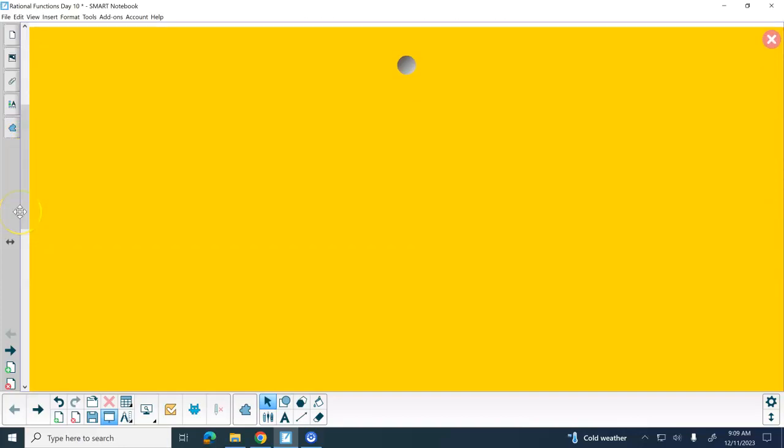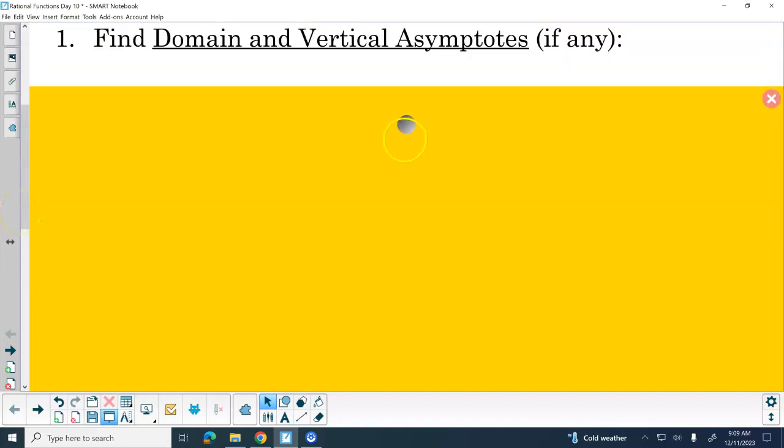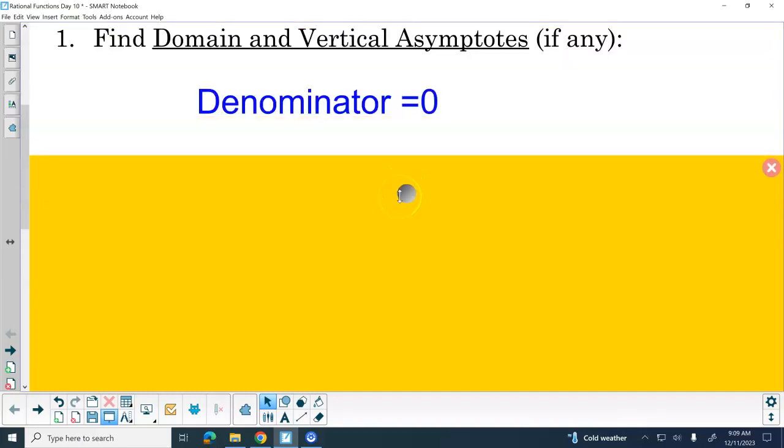And how do we find that? Denominator equals 0. Yep. So step 1, we find the domain, and then any and all vertical asymptotes, if I do that by setting the denominator equal to 0. Step 2,